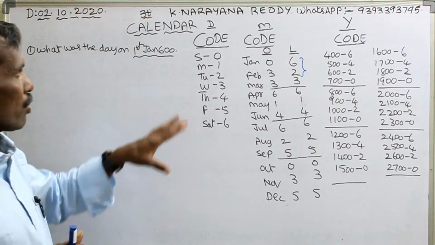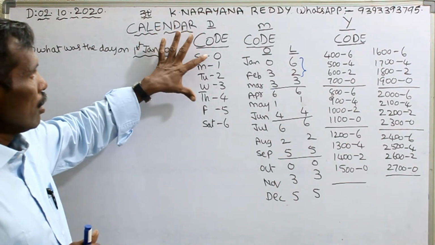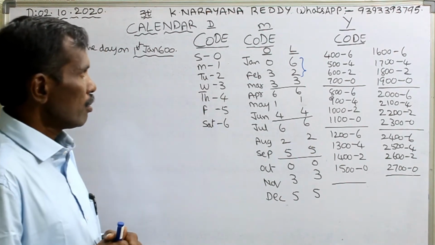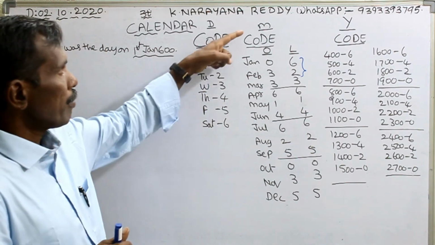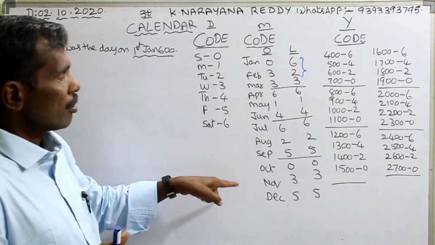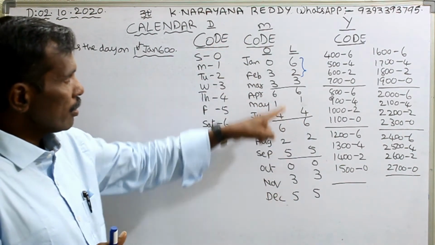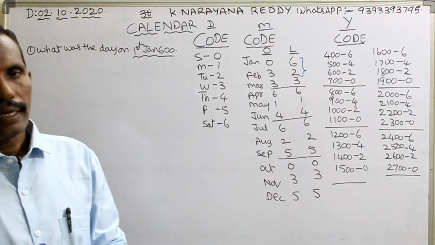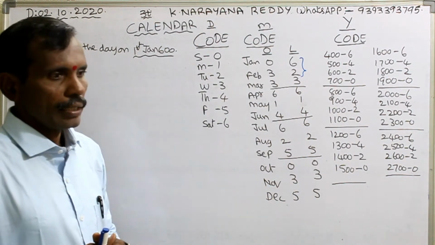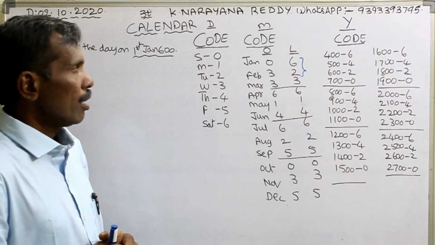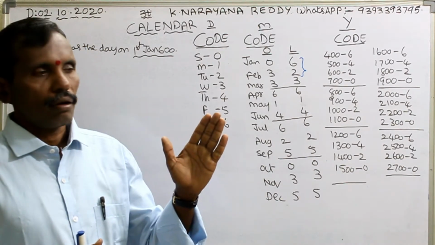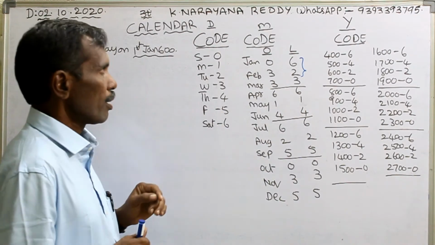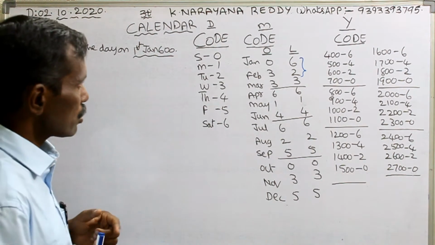Generally, days are coded as 0 to 6 from Sunday to Saturday. In the same manner, these month codes belong to an ordinary year, and these belong to a leap year. You know that an ordinary year contains 365 days and a leap year contains 366 days. Odd days in an ordinary or normal year are 1, and in a leap year are 2. But how are months coded?